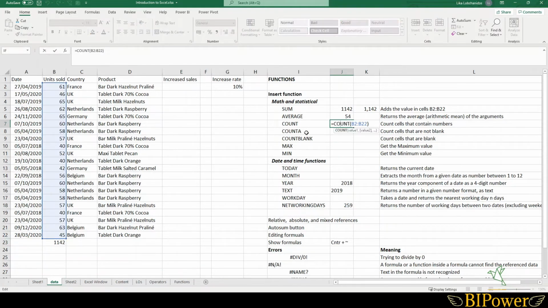There are several variations of the count. This count only counts the cells that contain numbers. If you want to count the cells that are not blank, you will use the next version of the count function, COUNTA,